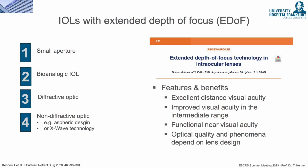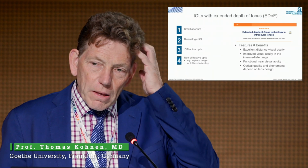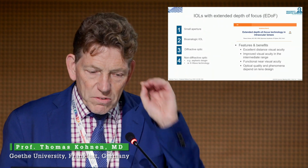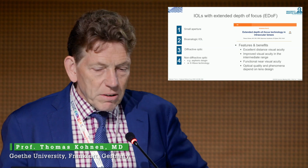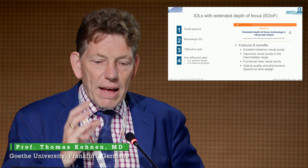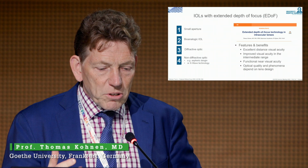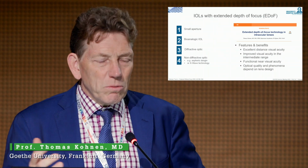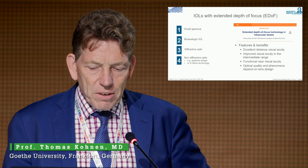Now, I'd like to summarize this paper. It's a highly cited paper. We just had the Journal of Cataract and Refractive Surgery meeting yesterday, and we saw in the publisher's report that this was the fourth highest cited article for our impact factor, because it talks about extended depth of focus IOLs and summarizes them: small aperture, bioanalogical, which we don't use very much, and then the diffractive and the non-diffractive intraocular